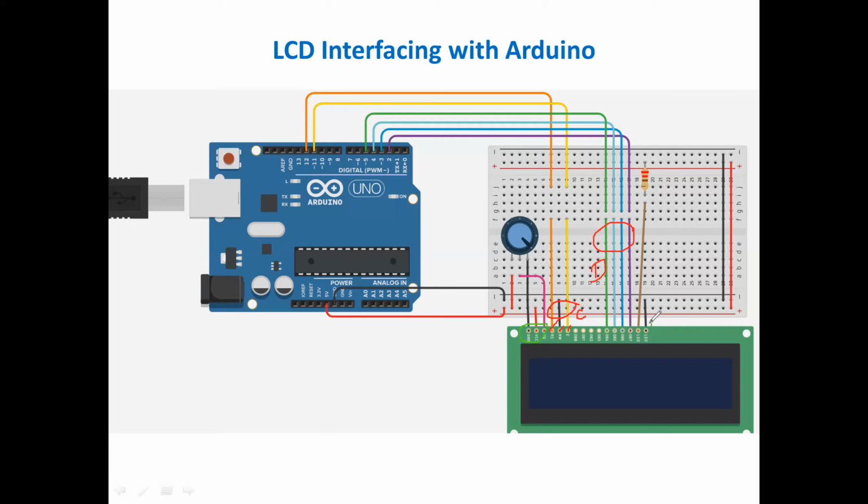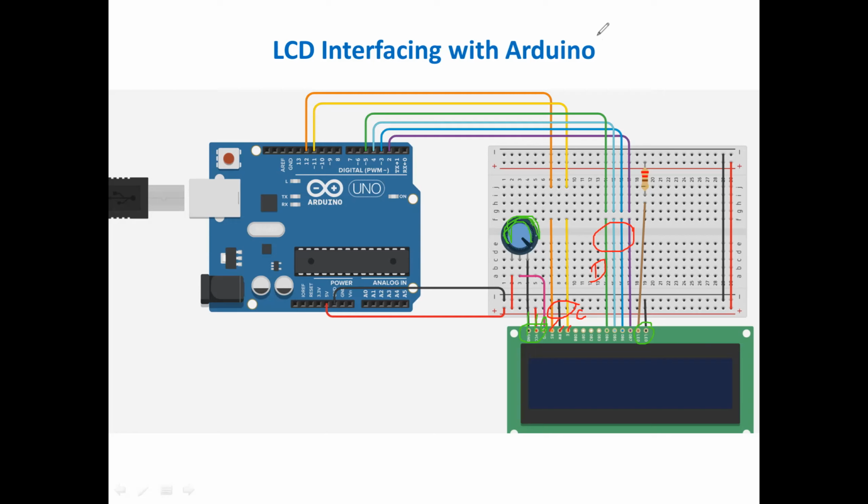So you are going to connect 5 volt and ground. This is going to be 5 volt and this is going to be ground, and here you are going to give a certain voltage for the contrast of the LCD display. That's why here we have a potentiometer. Once you adjust this, the flow of current inside the LCD will change accordingly, so that the contrast level will be changed on the display.